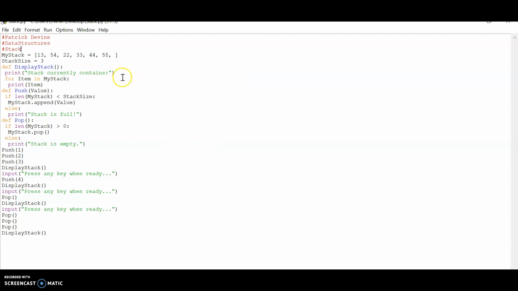So we have a list right here with some data, and we called it my stack. We set the stack size equal to 3, and we created a function that's going to go through a for loop, and it's going to check the length of the stack and compare that to the stack size. Based on the size of the stack, it's going to tell you whether the stack is full or not,